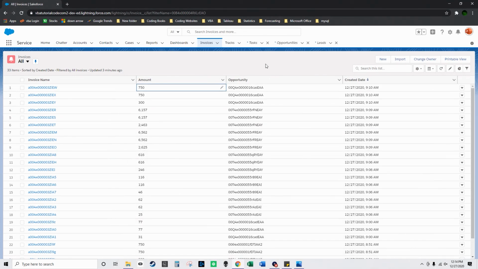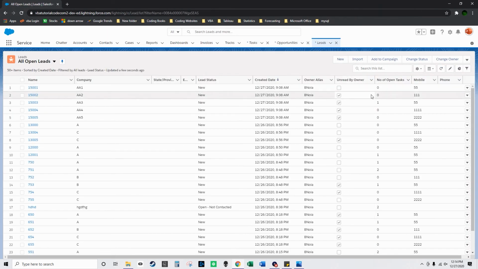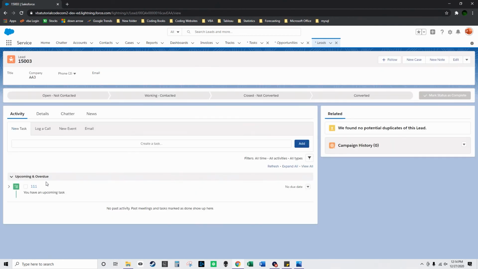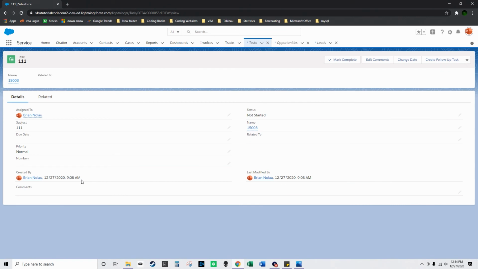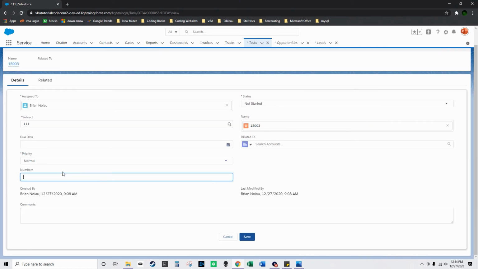So now I'm going to show you the tasks. So I'll go over to my leads, and let's say 1503 has 1 task. So I'm going to open up this 1 task that was assigned to them, and basically I'm going to mark this as complete. And it didn't work because I just didn't have this number over here. So I'm going to click